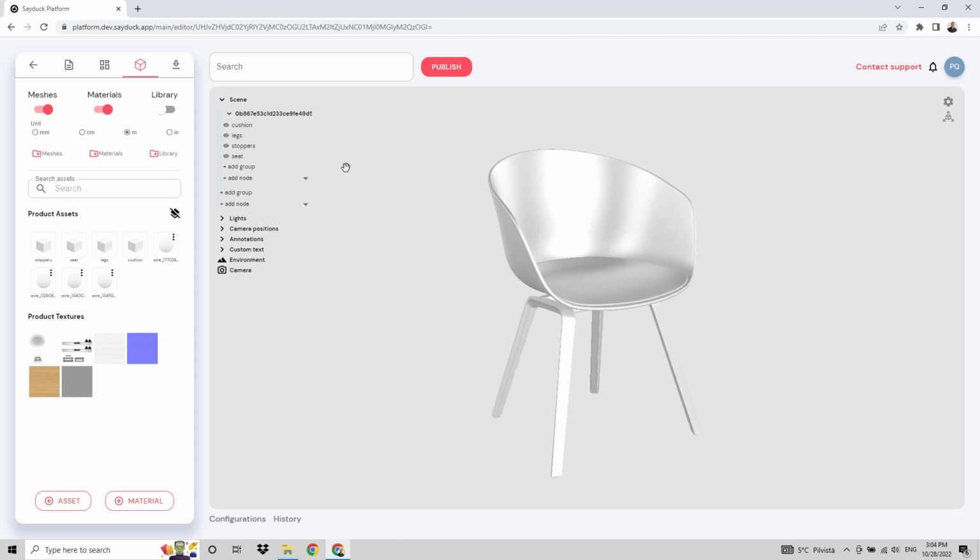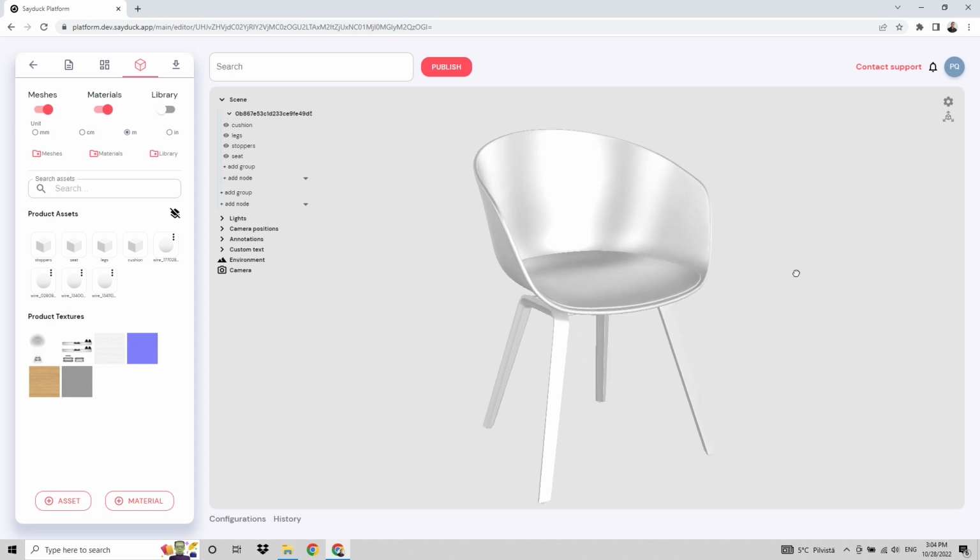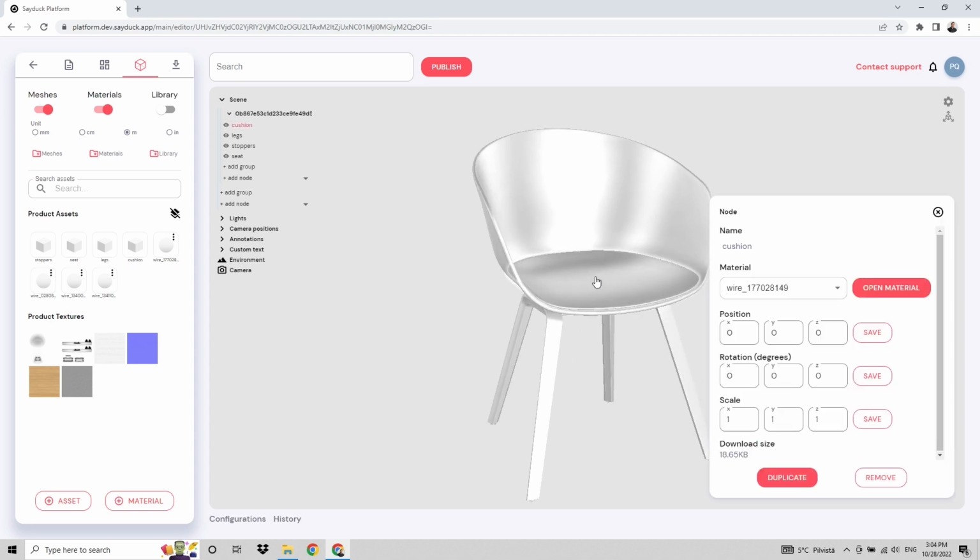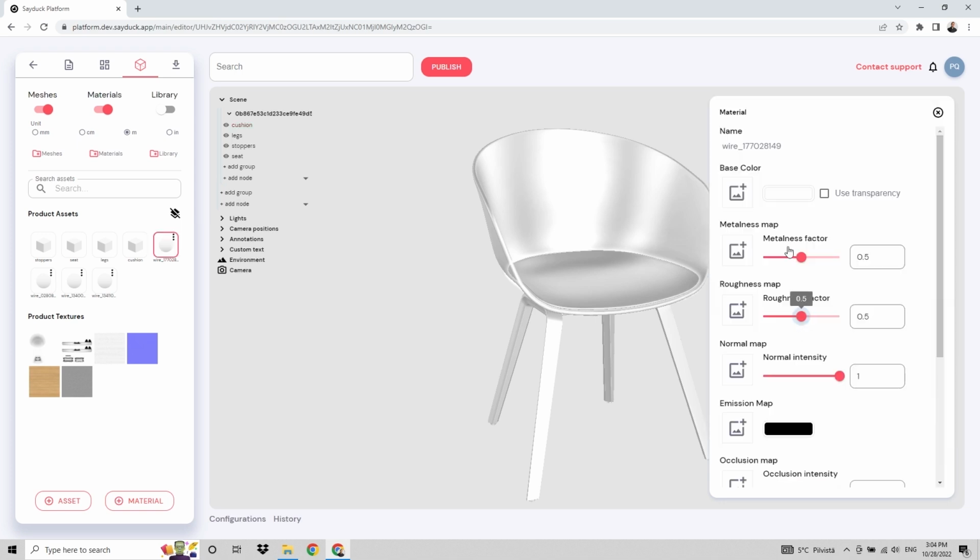So the 3D scene has nodes, and there are various ways you can edit a node. So what is a node, for example? A node is the 3D object, and it consists of the mesh, a material and a position in the 3D space. So you can, for example, move a node if you like. Changing that, as you can see, moves the node up in the air. Or you can edit the material in that node by choosing the material and then changing